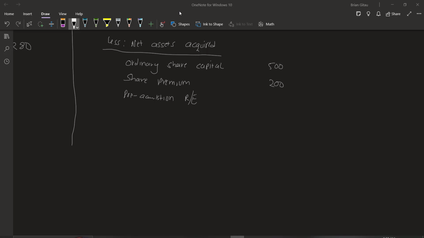If you look at the balance sheet for the associate, we have retained earnings at 800. So that 800 reflects the accumulated retained earnings. And we also have the retained earnings for the year given in the income statement of Sai Limited as 400. Now, to get our pre-acquisition retained earnings, we will take 800